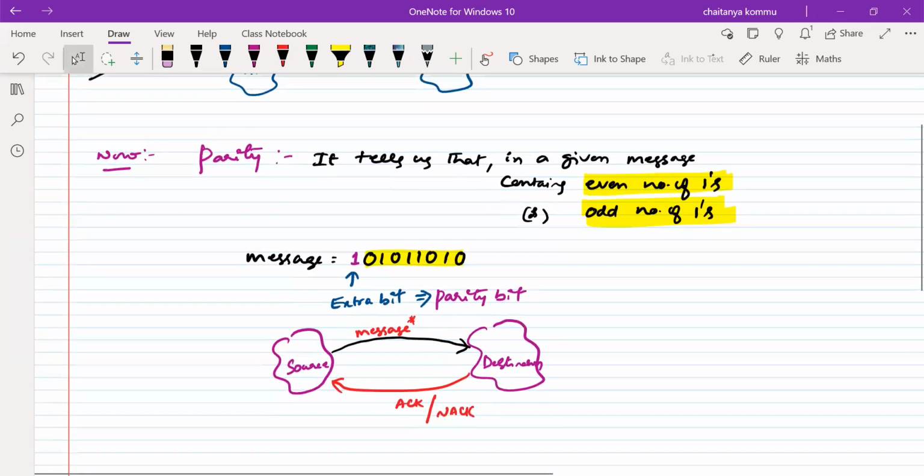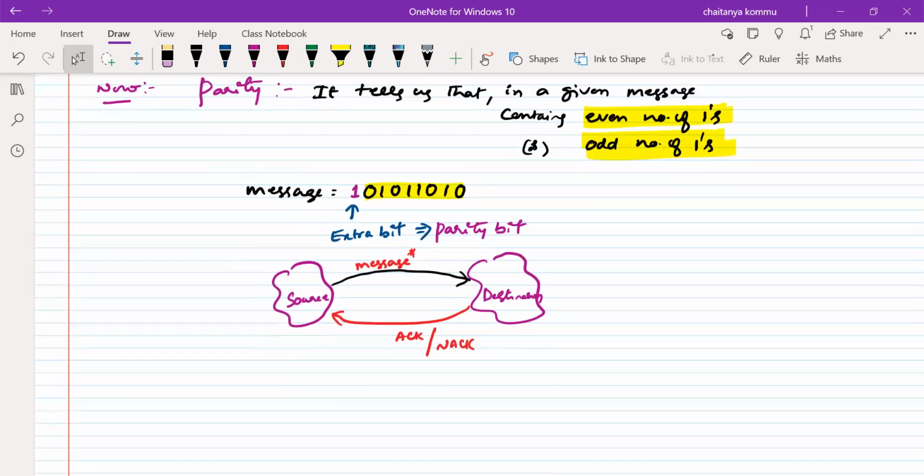The question is, how do we add the parity information to the message? As we have seen, I have placed the parity at the MSB side, the leftmost position, but anybody can track this kind of information. There is no doubt at all. But securely or confidentially, we have to place this parity information in the given message. Not only at the MSB, some other places are also possible. So what we have to do, we will see.